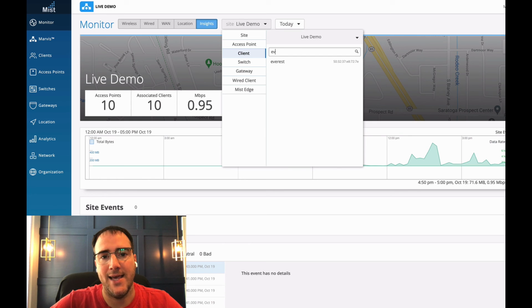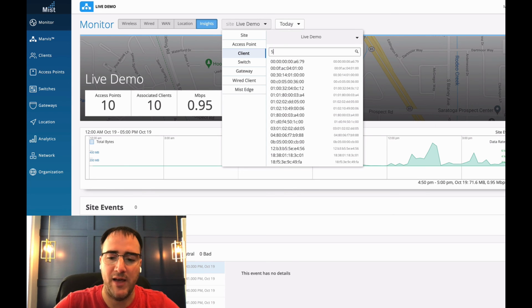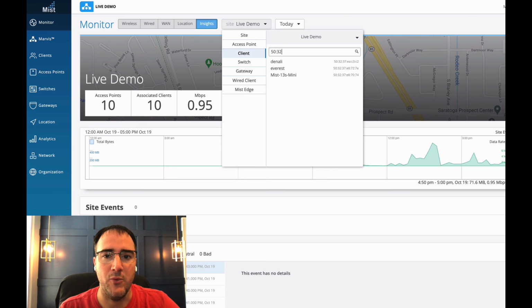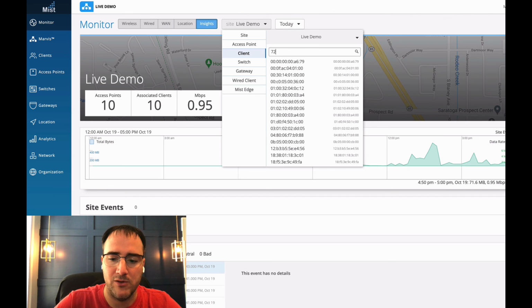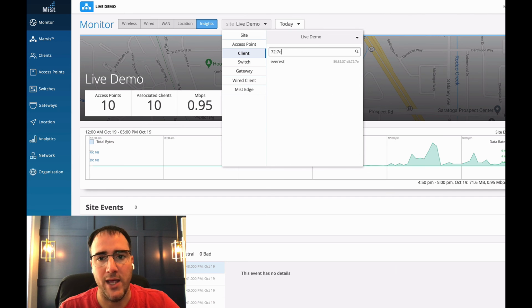But let's just say that, and you notice how quickly that came up, by the way. I just type in EV and it found all of the different clients that have that name and have EV in the name. We can get that information very quickly. But again, let's just pretend that we have the MAC address. So I can just type in 5032, and then we have devices that match that MAC address that came up pretty quickly. But again, we're focused on Everest. So why don't we just change that to 727E? So we'll go to 72:7E, and then now we have just that device,